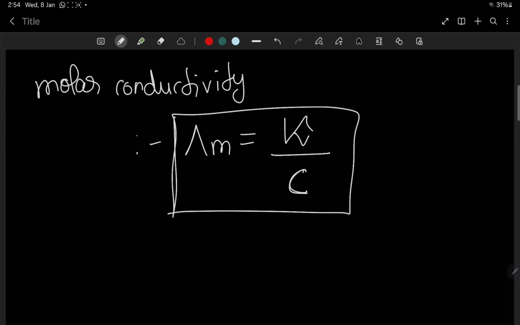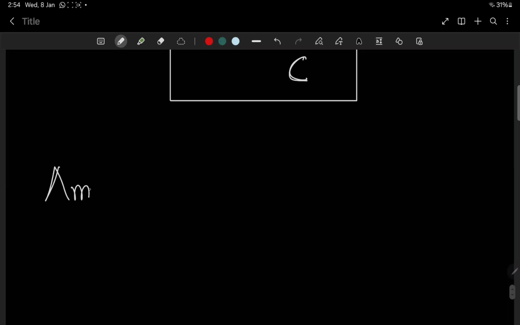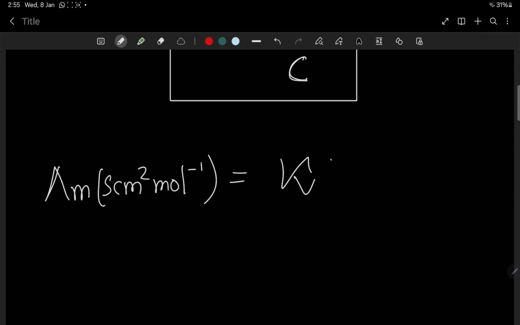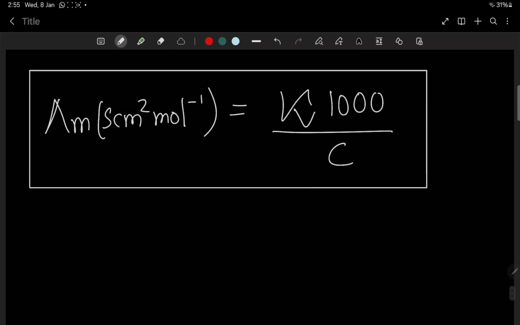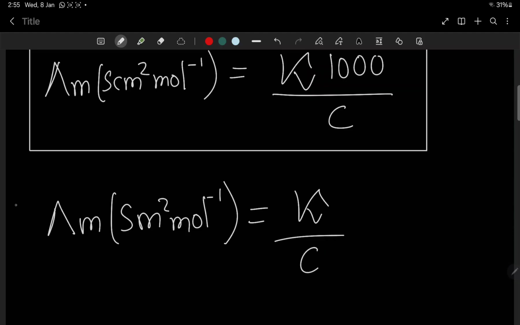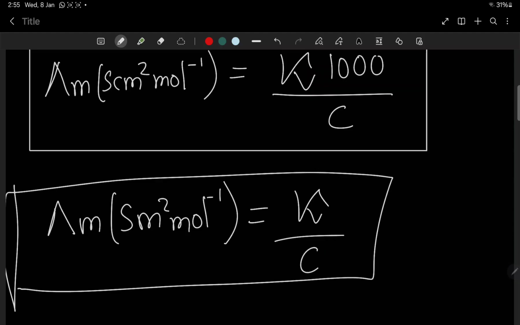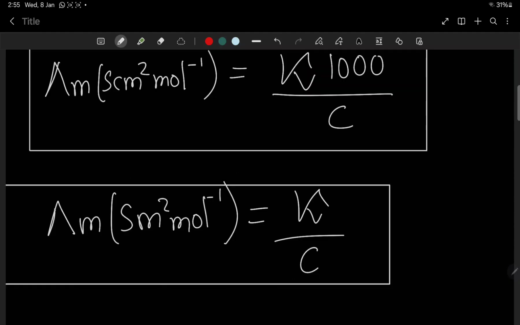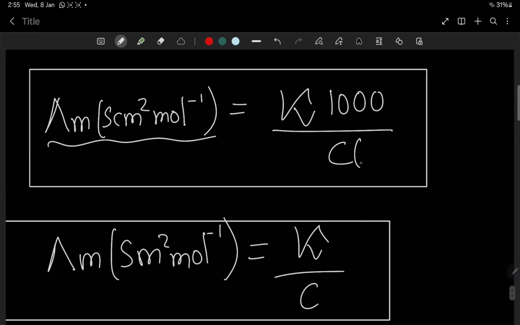This is the equation. For molar conductivity, if you want to find it in Siemens centimeter square mole inverse, the equation is to multiply by 1000, that is 1000 kappa by C. If you want to find it in the SI unit, that is Siemens meter square mole inverse, then just write kappa by C itself. But when we are using this equation, C is measured in mole per liter,